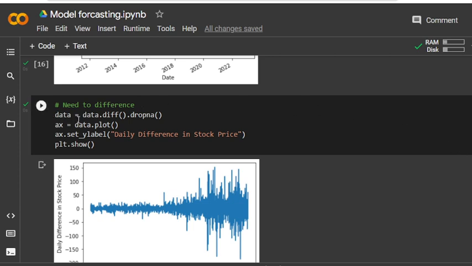So first I can get data.diff().dropna(), and ax equals data.plot, and ax.set_ylabel, and plt.show. We could plot here. This is the differentiation in this data.